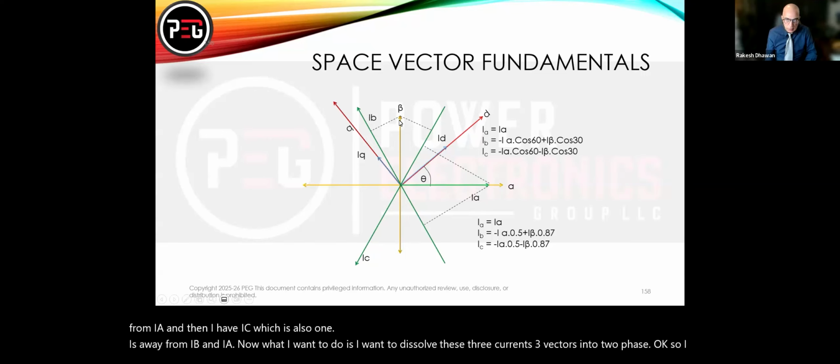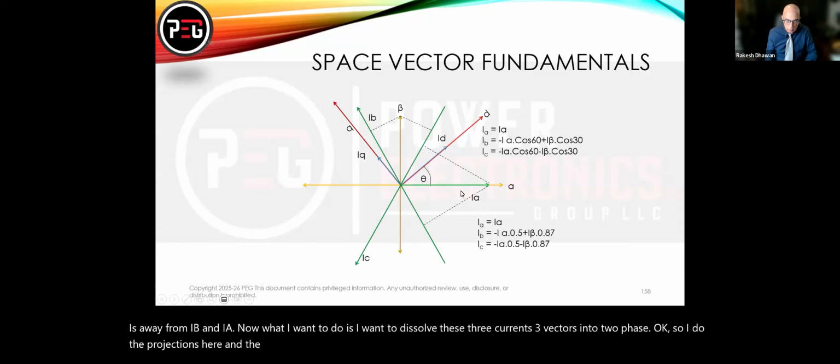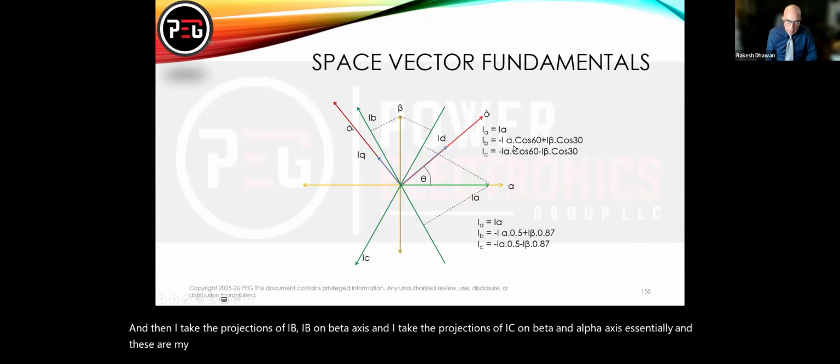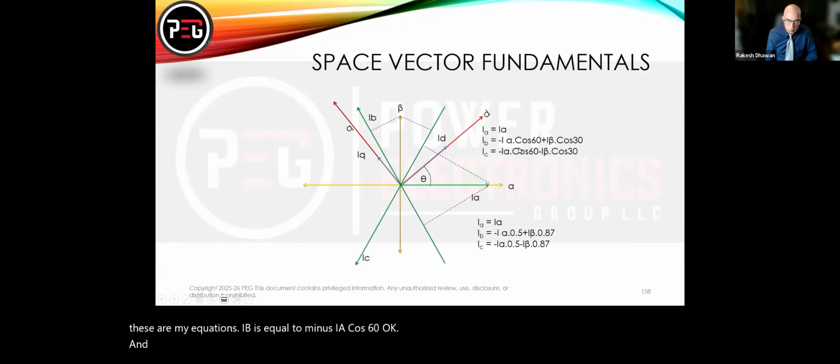So I do the projections here, and since IA and alpha are aligned, IA is equal to I alpha. And then I take the projections of IB on the beta axis, and I take the projections of IC on beta and alpha axis, essentially. And these are my equations. IB is equal to minus IA cos 60, okay? And then this is the projection of IB on IA, and the projection of, so I'm transferring, sorry, I'm doing it wrong. So I'm projecting